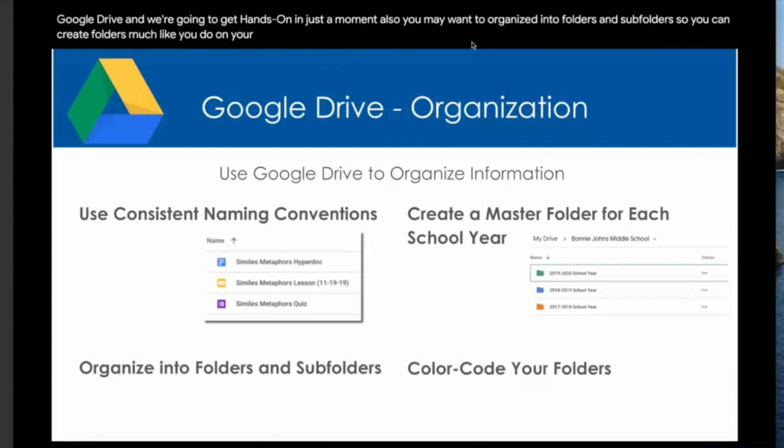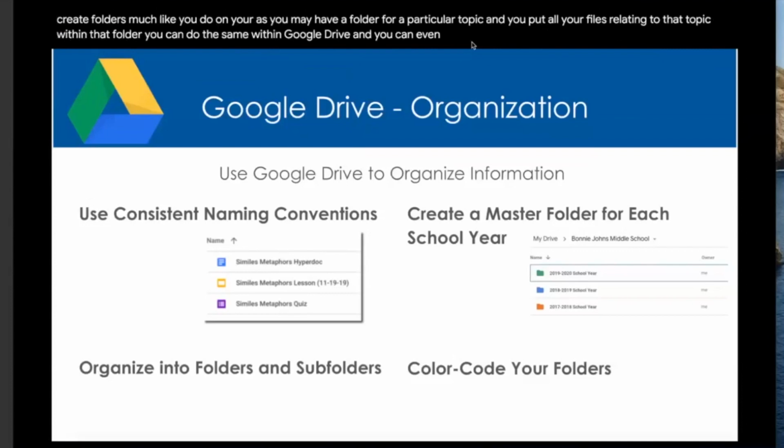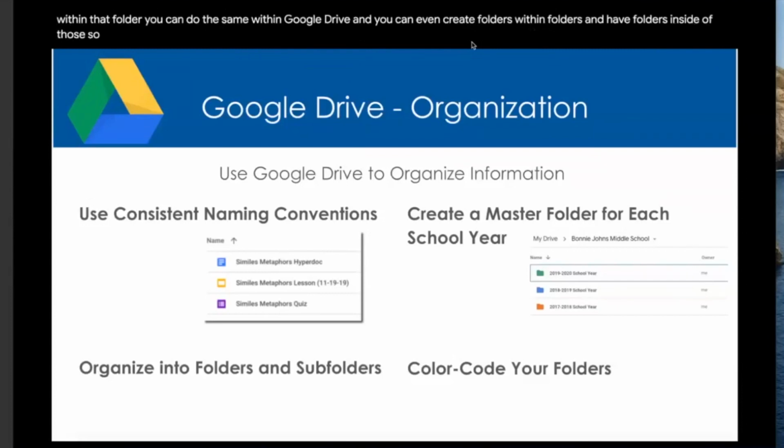How you have folders, you may have a folder for a particular topic and you put all your files relating to that topic within that folder. You can do the same within Google Drive, and you can even create folders within folders and have folders inside of those. So you can have your own organizational system